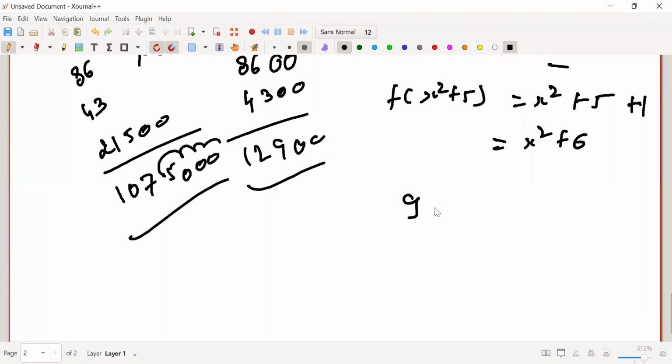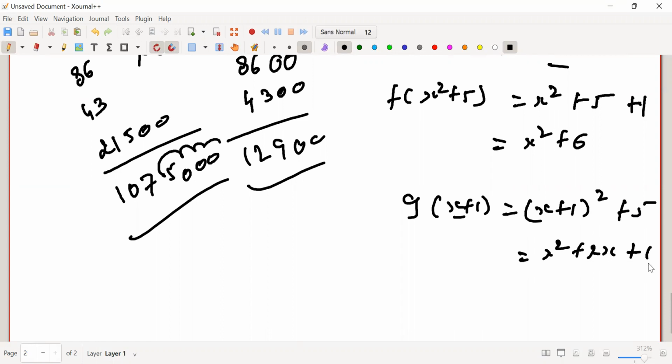If it's g of x plus 1, that is x plus 1 whole square plus 5, x squared plus 2x plus 1 plus 5, that is x squared plus 2x plus 6. So இங்க 2x difference வருது. That's what. g of f of x கவலைப்படாம அந்த இடத்துல கரெக்டா பக்காவா அந்த உள்ளுக்குள்ள நான் எந்த வேல்யூ சப்ஸ்டிட்யூட் பண்ண போறேன்னு